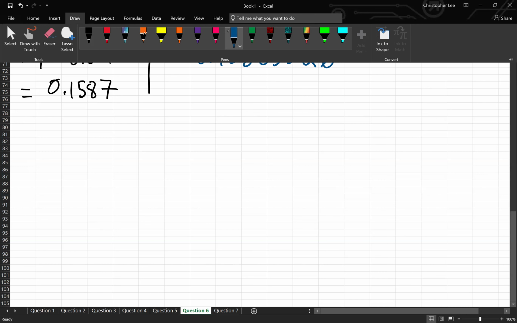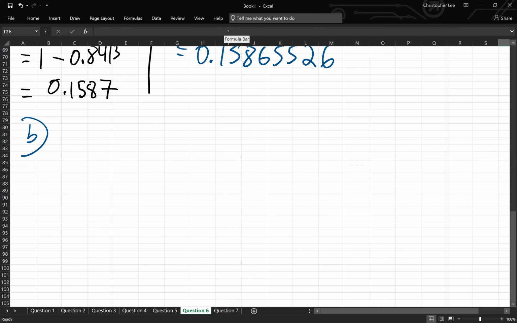And this is part B, by the way. So I have an N, which is 25, because I have a sample size. This is going to be an X bar distribution. So I have to find the mu for the X bar distribution, which is the same as the mu,